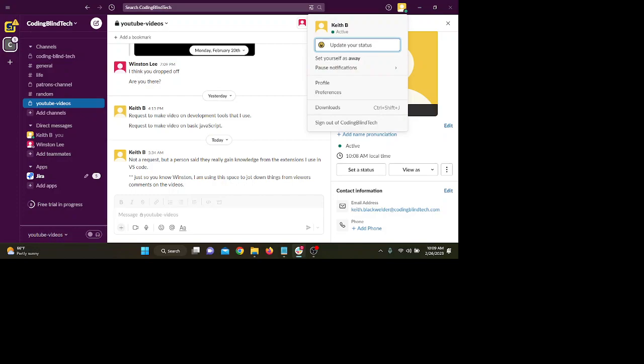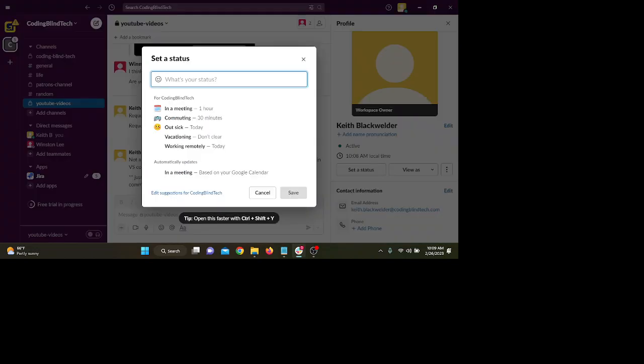So if I up arrow to that and press enter. Sign out of coding blind. Update your status, 1 of 7. Set a status dialog. Status edit blank. There we go. So we can set a status. So here we can actually type something. So we could say